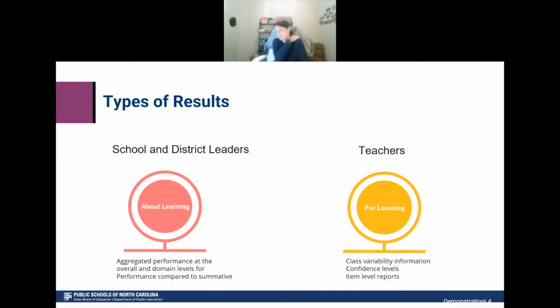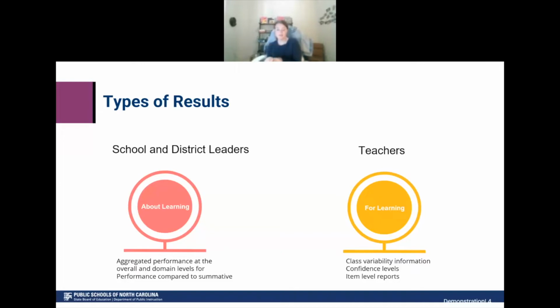It also provides information for learning that's going to be probably more applicable to teachers. A couple different pieces of information there. It provides some class variability information. So if you see in the reporting, there are these gray and purple humps that go across. That signals to teachers the variability of student performance in her class or his class, meaning that as you're planning instruction and thinking about how much you're going to have to differentiate based on the students in a particular group, the closer students are in their performance, the steeper that little hill is going to look.